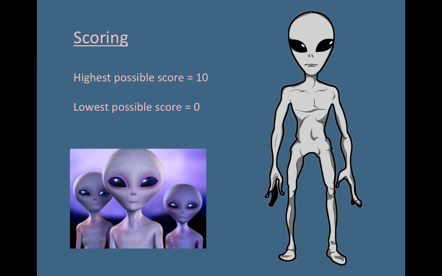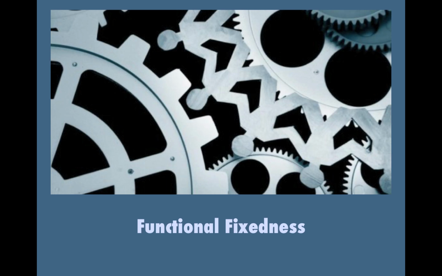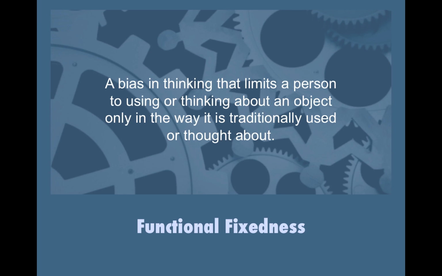But we tend to imagine things and think of things in ways that we expect or in ways that we're used to. And we call these invariants. We have a stock of ways of looking at the world and ideas and images that we assume are just unchanging, not unlike the sort of Steven Spielberg suburbia that we see in this picture. And that's a result of something which psychologists have recognized as functional fixedness, which is the idea that our thinking limits